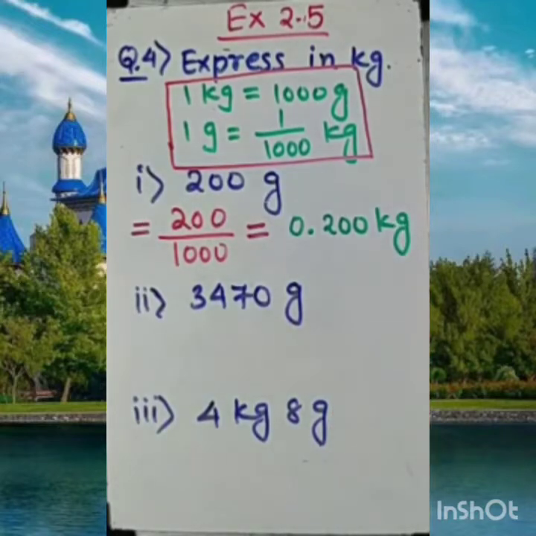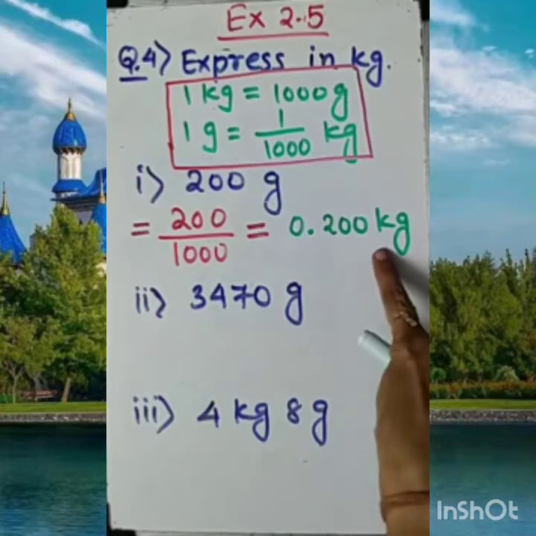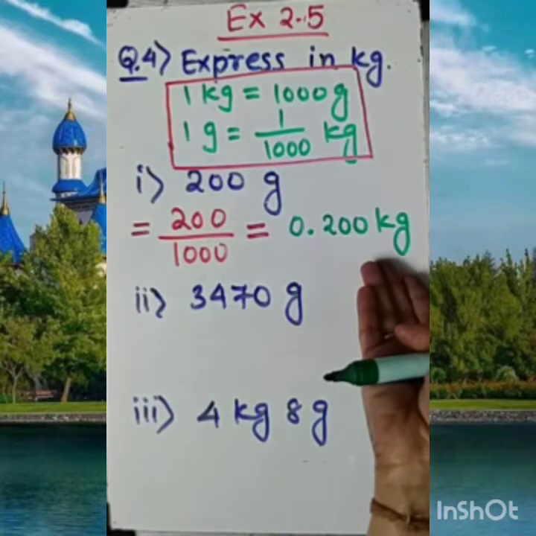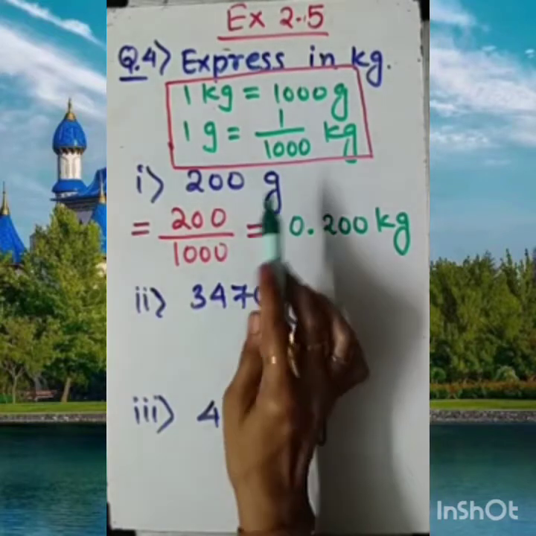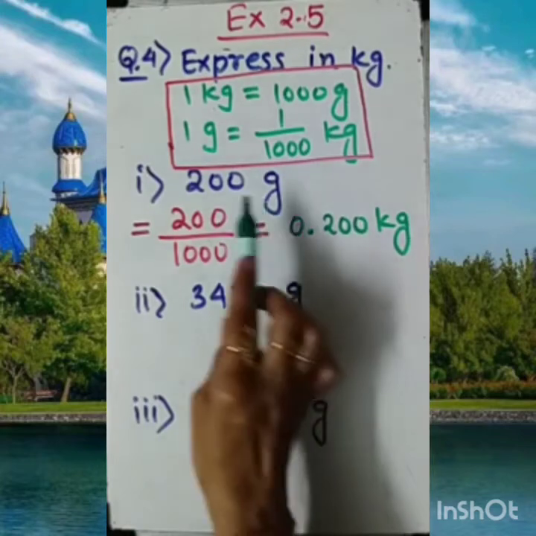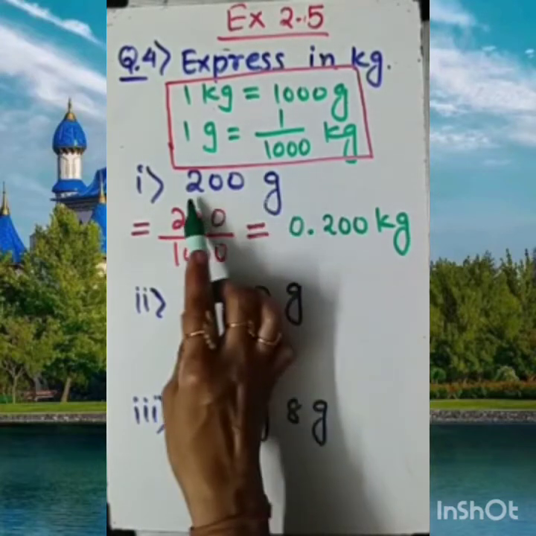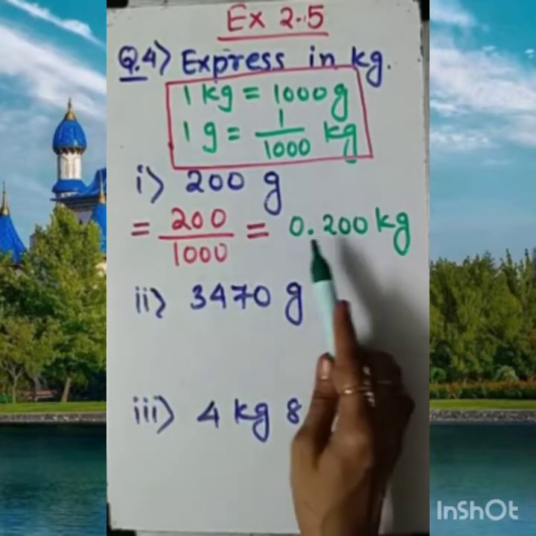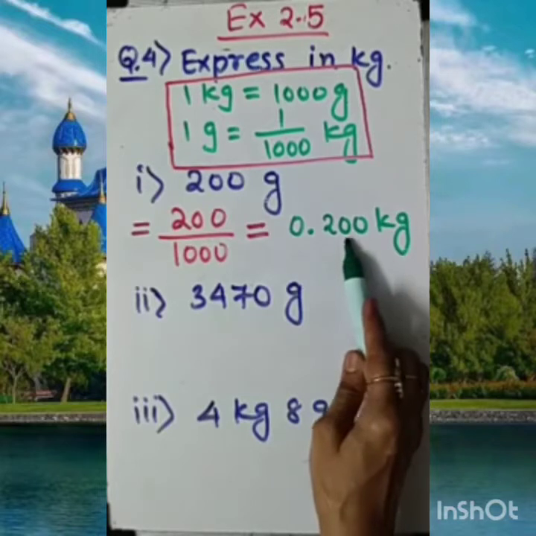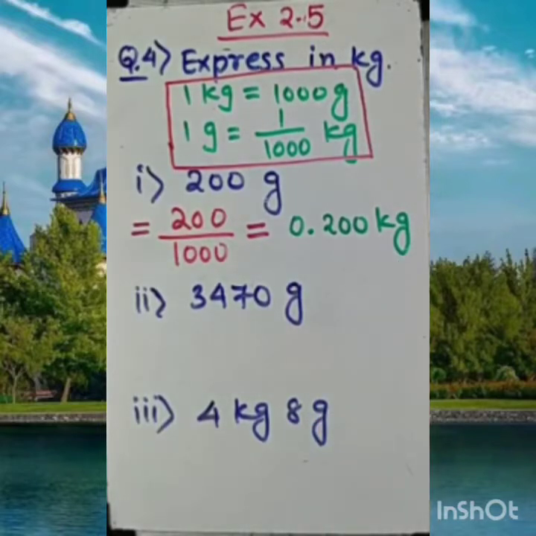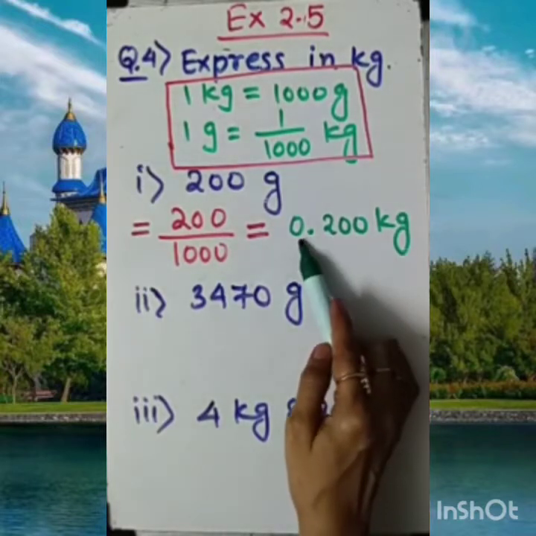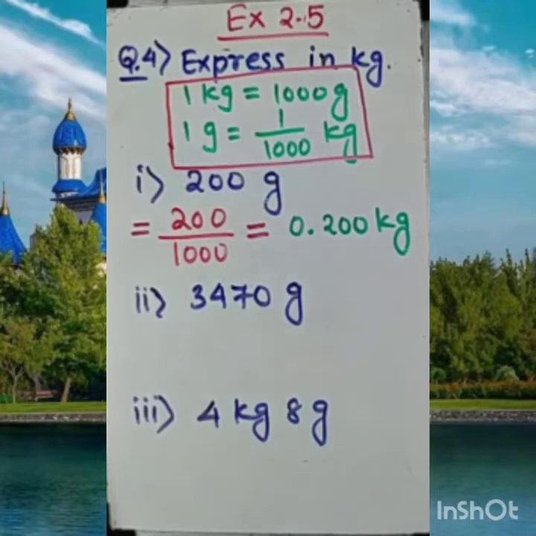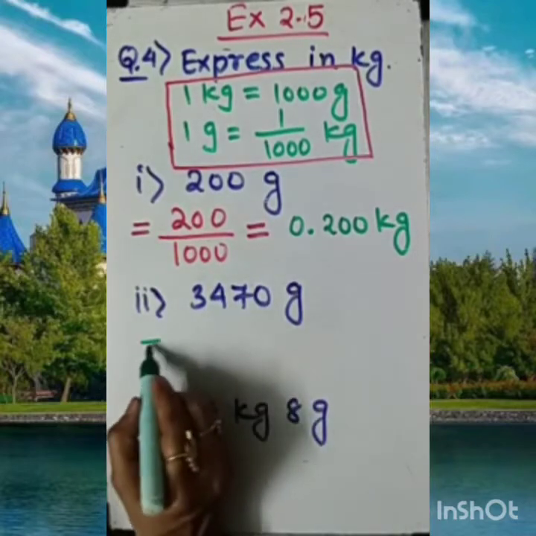Be careful while writing the unit. By mistake, if you write again gram here, then no use of this thing. Means if we are converting from gram to gram, then what is the meaning? We are converting from gram to kilogram. So this, if we want to write in a gram, then I should say 200 gram. And if I want to write it in a kilogram form, then I should say 0.200 kilogram. Okay, don't read it wrongly. It is wrong reading. I am explaining it is 0.200 kilogram.